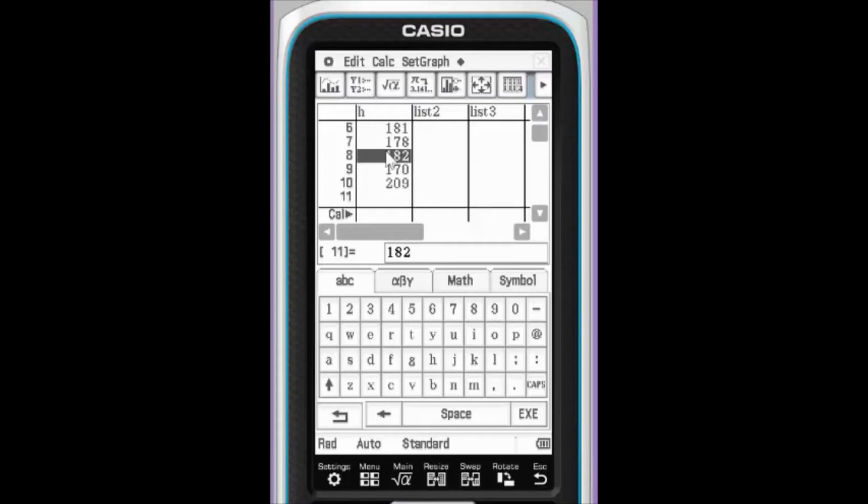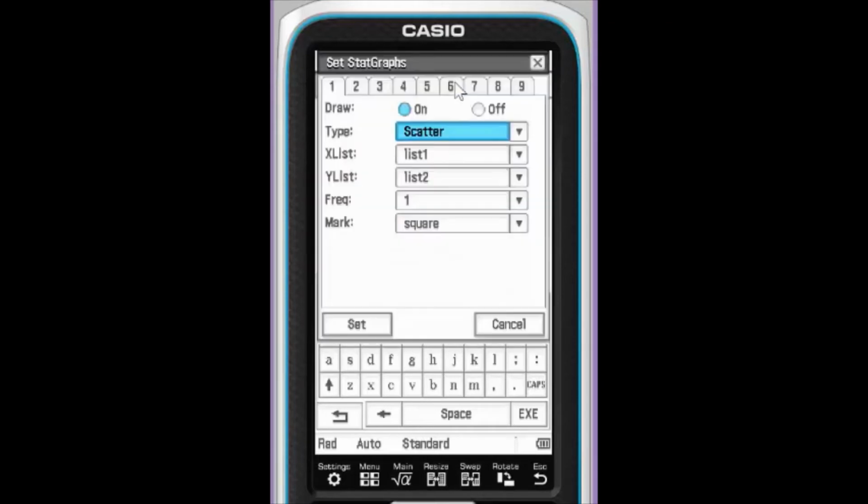So I've put in 10 people's heights, and now what I want to do is turn that into a histogram, and I will go here. This little button here is the button you use to set up a graph. So I'll go here and I'll say I want the type of graph to be a histogram, and my list